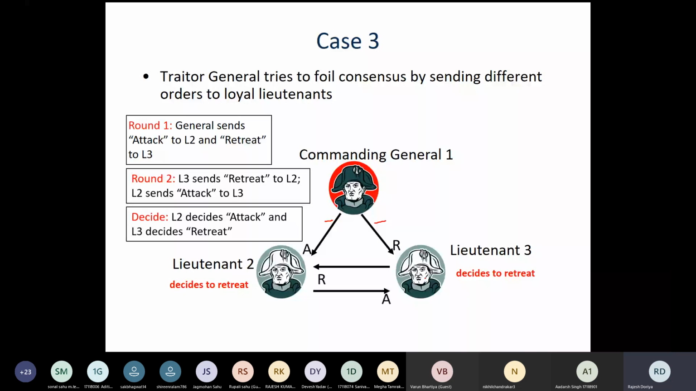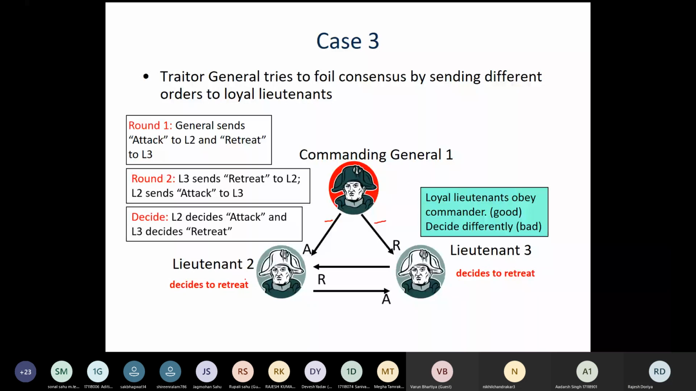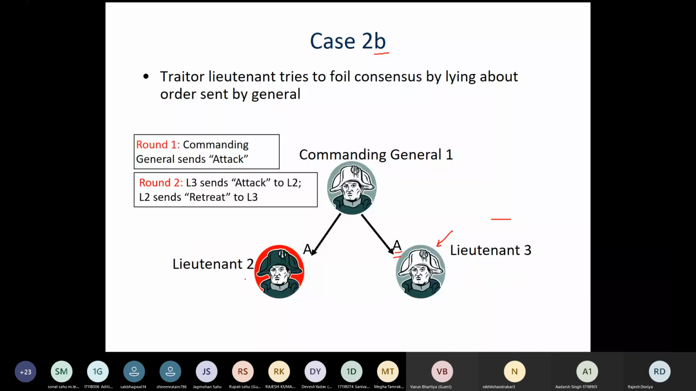So even in this case, the values which are there with L2 are a comma r and r comma a. So you can say that no clear consensus is there. So it may decide to retreat, and it may decide to attack, or it may also decide to retreat. So there is no clear consensus. So at the end, we can say if this is the case,